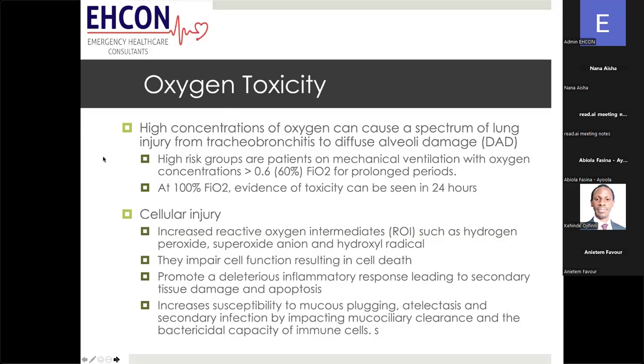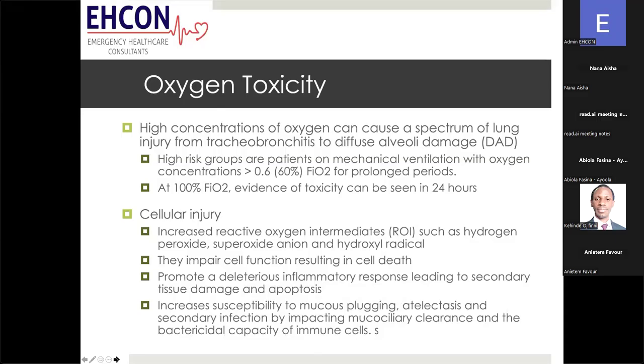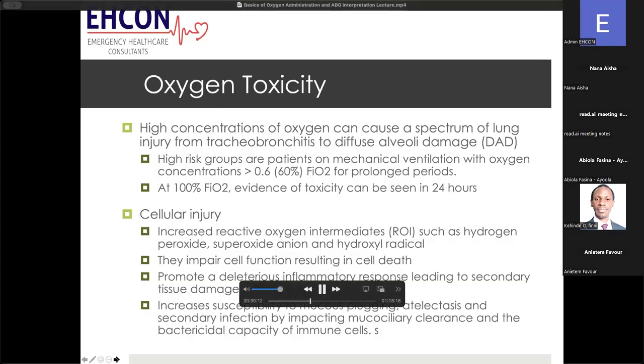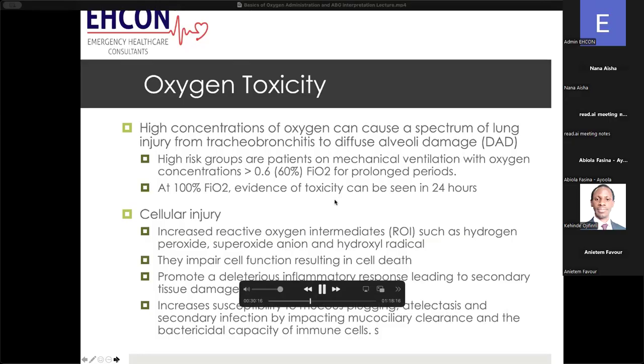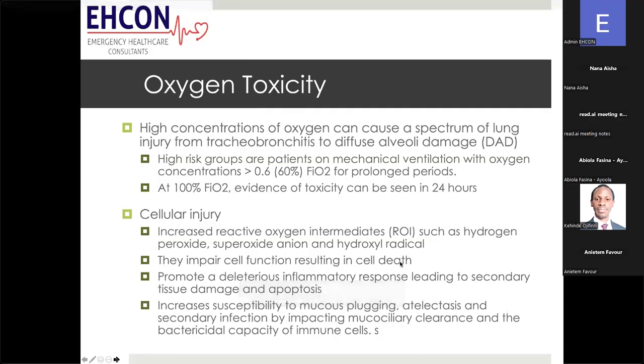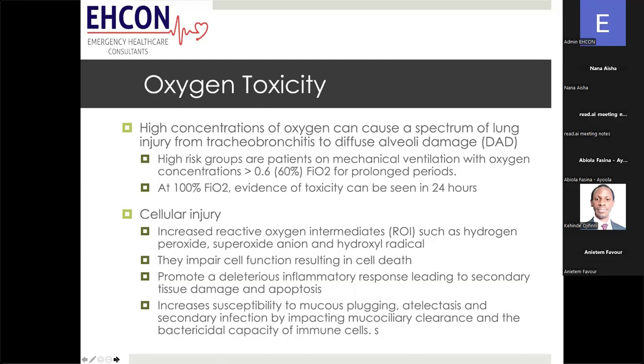Once you start to have all of these processes in place, then you have an increase in mucus plugging, atelectasis, secondary infection to pneumonias, or even viral infections. And then your mucociliary clearance, that's that mechanism that helps you to ensure that things stay wide open and smooth in your lungs, all of that is impacted. Those cells are very, very susceptible to oxygen. And then it also impacts the bactericidal